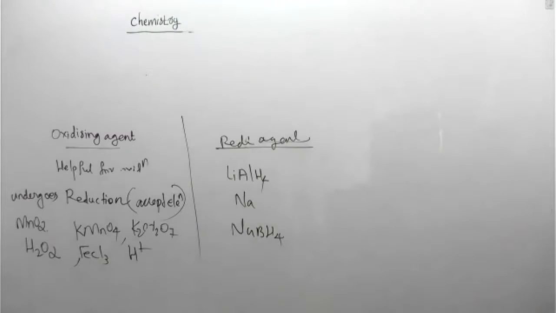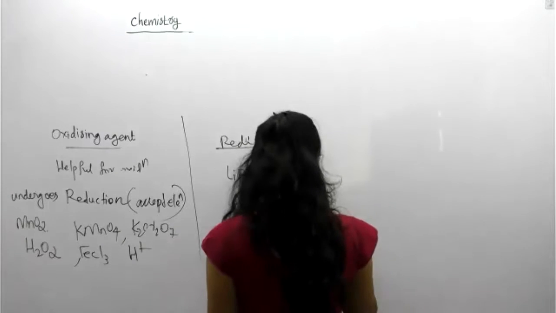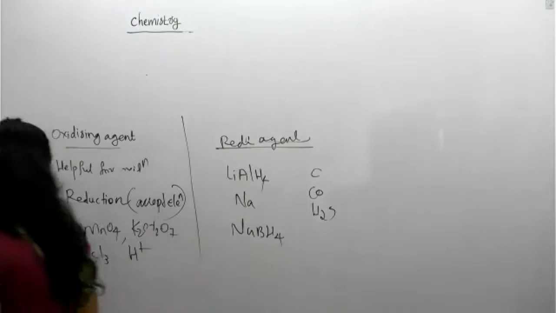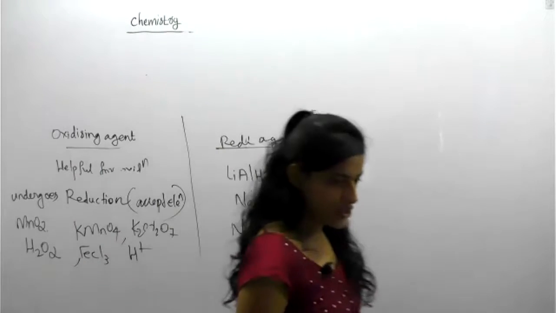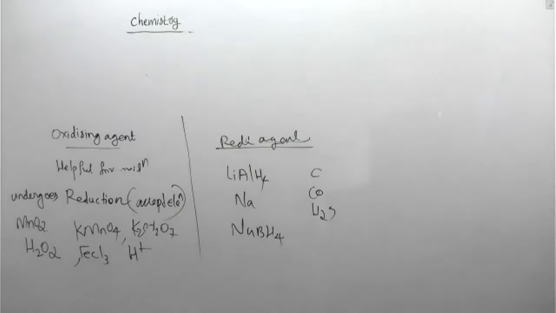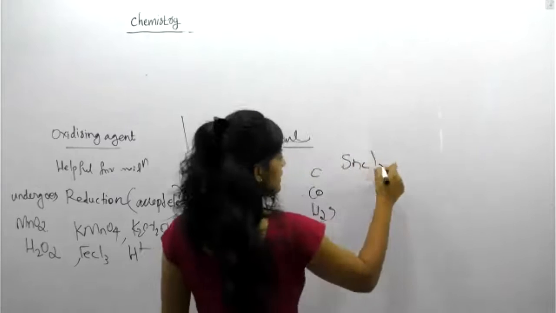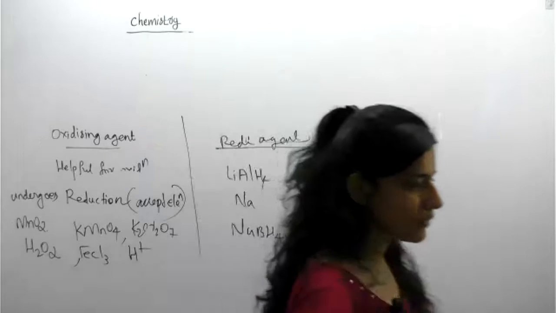Oh, Sayali is telling FeCl2. But commonly carbon, CO, H2S, these are under the category, not FeCl2. FeCl3 is an oxidizing agent. Maybe FeCl2, you can check, it depends on the reaction conditions. Then SnCl2 is possible. SnCl2, stannous chloride, is very good.